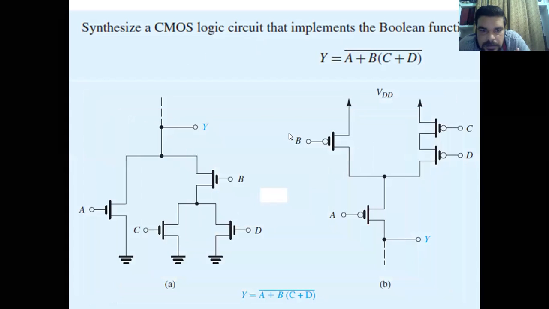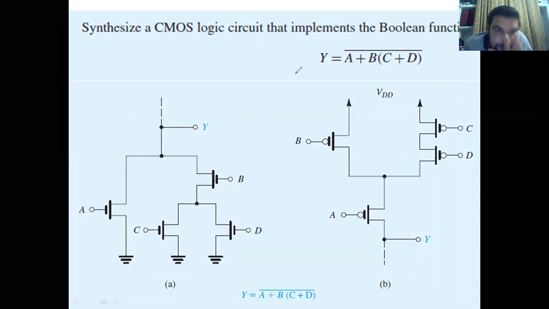Okay, so this is the combinational logic exercise for you. You need to implement this combinational logic using CMOS logic. So this is the combination. You can try it at home. Okay, and this is pretty much simple. So you can see that in order to design the pull down network, this is your pull down network. So you need to design the circuit in the form like this.